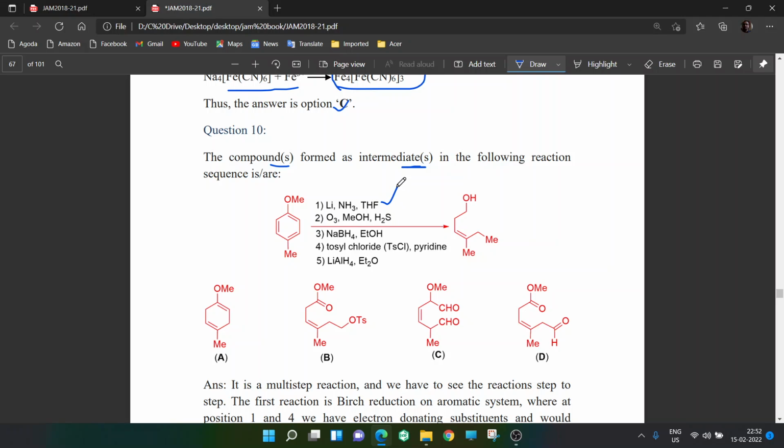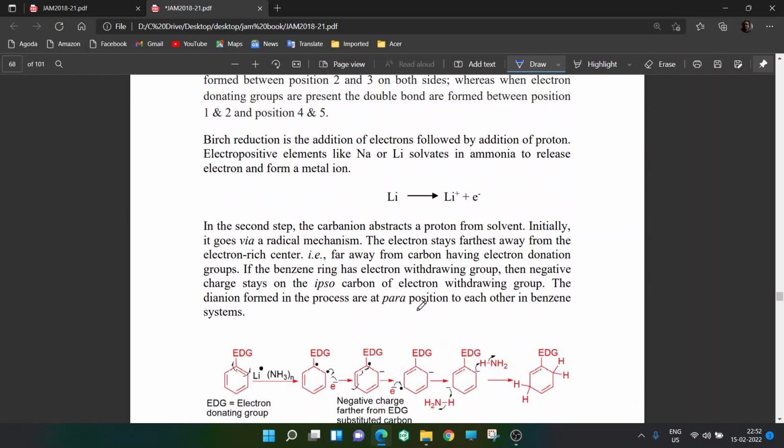So first you are doing Birch reduction. So sodium in liquid ammonia, lithium in liquid ammonia, followed by ozonolysis, then NaBH4, then tosyl chloride, then LiAlH4. So we have to do each step and keep seeing what all the intermediates we have. So the first step is your